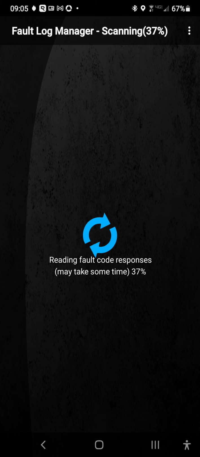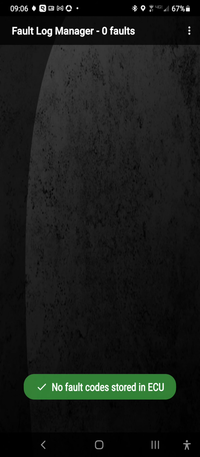So it'll go through all this, and I predict it's going to go through and show me no codes. Which is expected because I don't have any emissions codes currently set. Engine or emissions codes. And that's primarily what Torque is going to be looking at. As expected, no fault codes stored. But